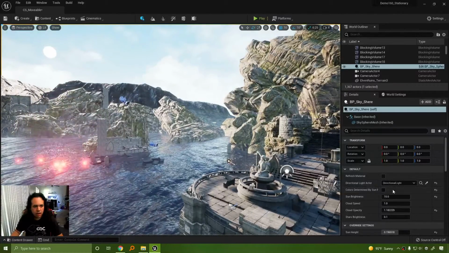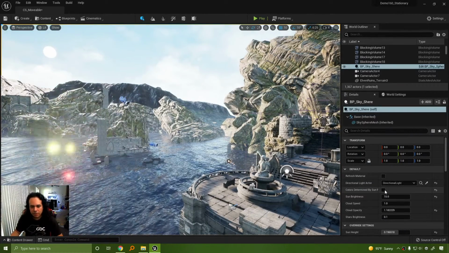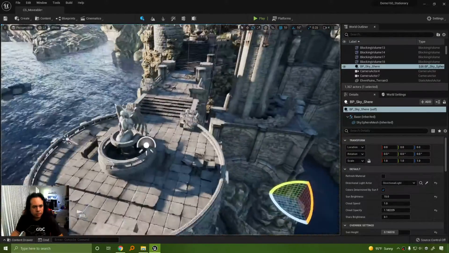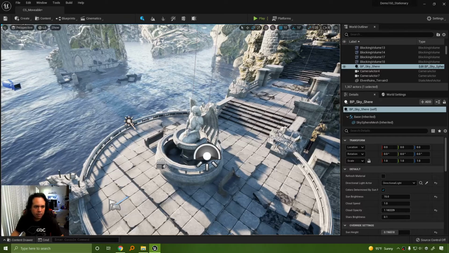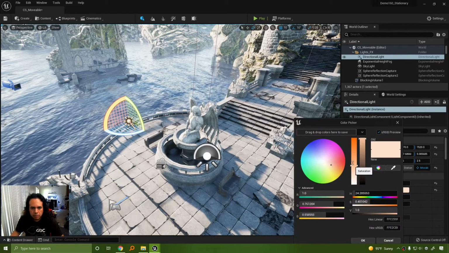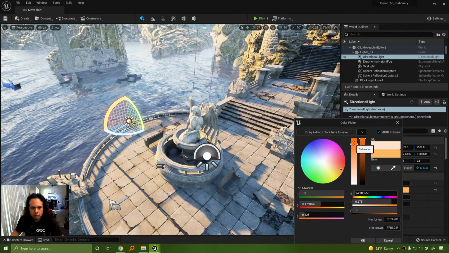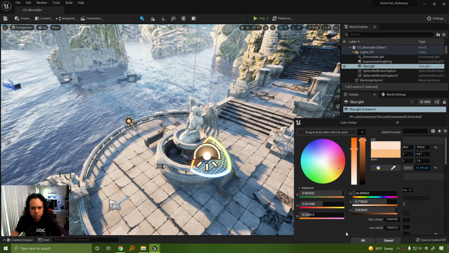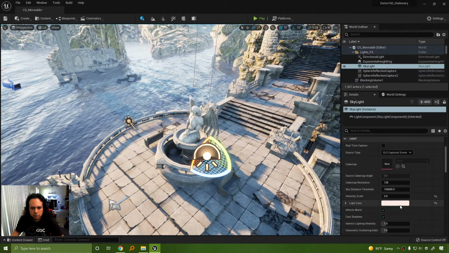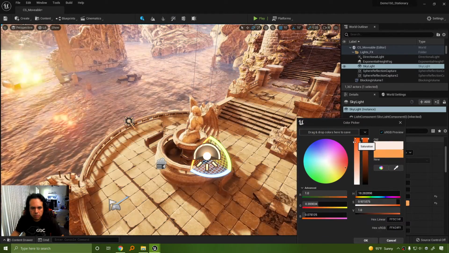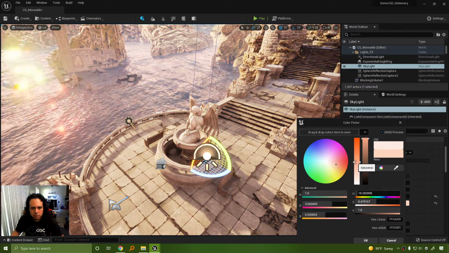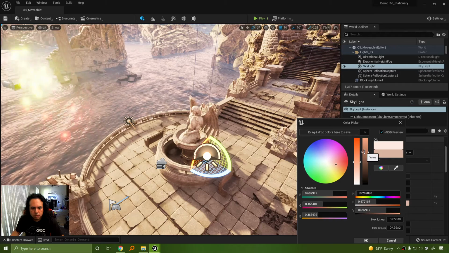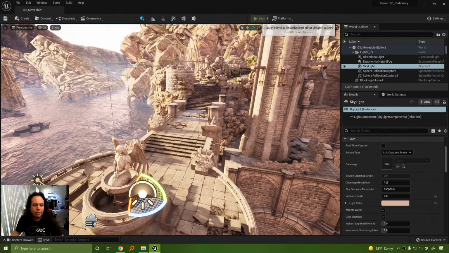Let's match the colors, oh, that's so bright. Let's match the colors determined by sun position. There we go. And let's get that lighting a little bit more accurate. I'm going to select that light and I'm going to add a little more red to it. All right. And if we hit play,